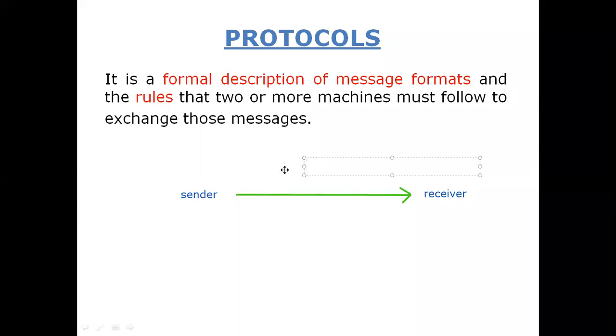Protocols are rules they have to follow. Exactly like when you enter into the school, you always have to follow the rules. You should be in a school dress and in a disciplined manner. Whatever the rules of the school are, you have to follow them. Same like that, when a sender wants to send data to the receiver over the internet, they have to follow some rules, and those rules are known as protocols.